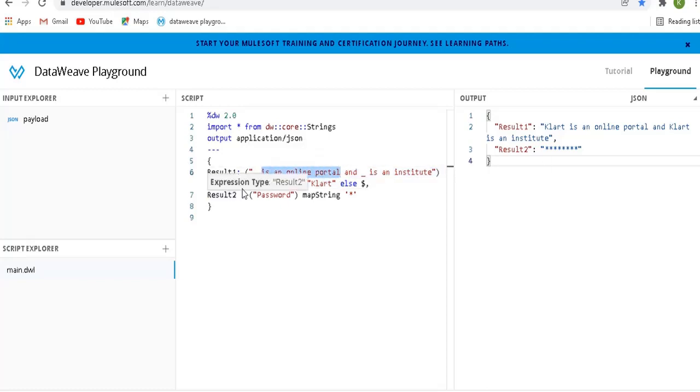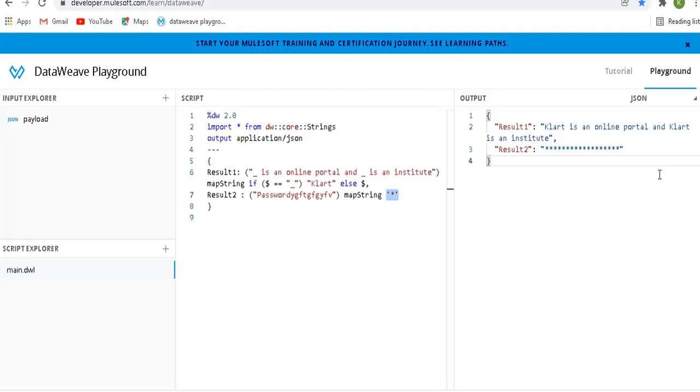That's the scenario in which you can use a map string, and in some scenarios you need to hide the data which you have given. Okay, so here is another example. Here the input string is password. If you give map string as star, it will display the password as stars. If you increase anything here, see, any data you have given as an input here, it will show you in the form of stars, so it won't display the input in your data output.